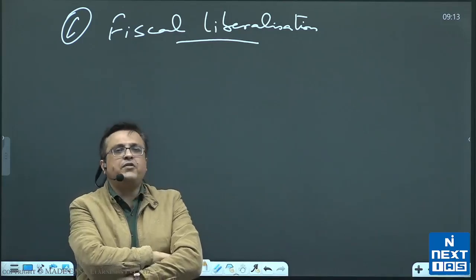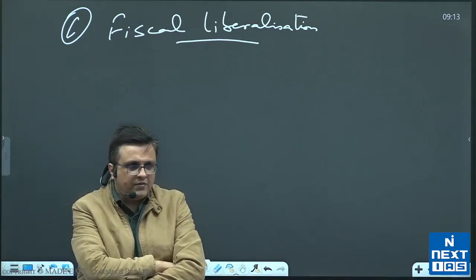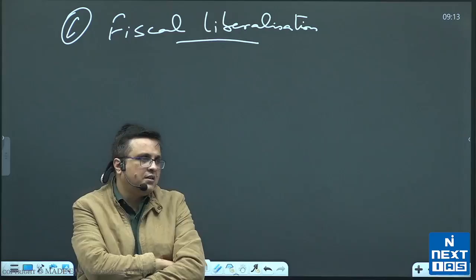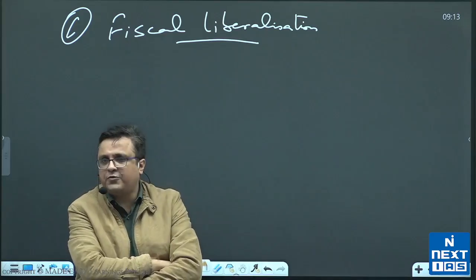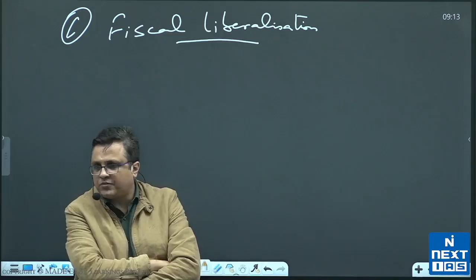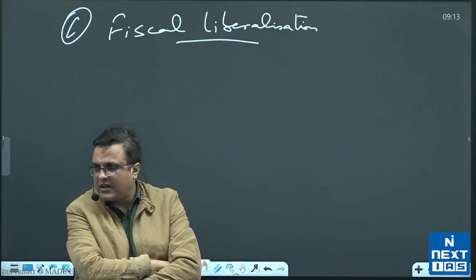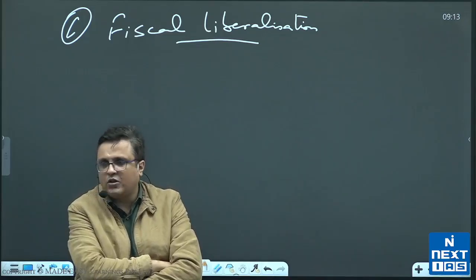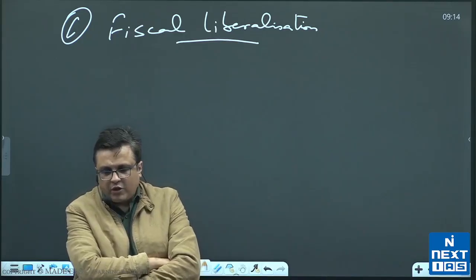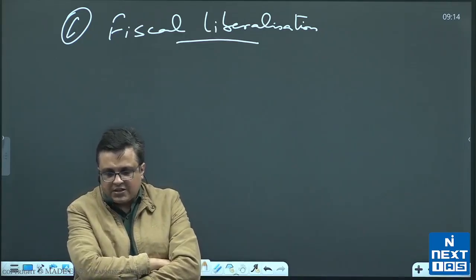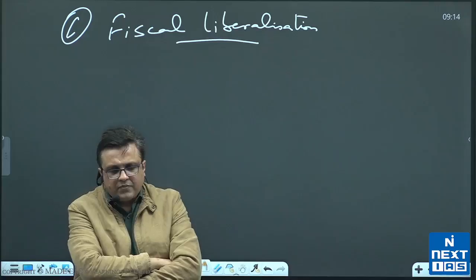Now remember, whenever we hear this word fiscal, that is related to the budget. All right, जब भी ये शब्द सुनो fiscal, it is related to budget of the government. That is the fiscal aspect, related to budget of the government. So when we talk about fiscal liberalization, you write first point in that,